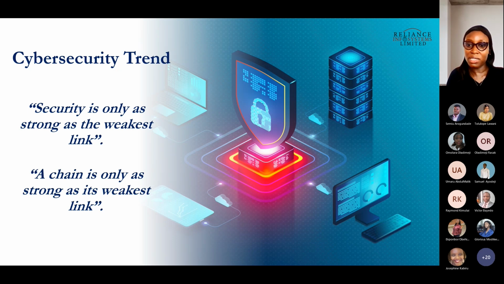So first of all, we want to consider the adoption of new technologies and devices such as IoT devices, Internet of Things. We know that when there are new things, there are new challenges. So every new technology, every new trend, every new solution, every new package that ensures productivity will always come with its pros and its cons. So it is now left to us as administrators or as businesses to ensure that when those new technologies are introduced to the business, the workspace for the users, the users get the right awareness and they are well sensitized as to the use of those devices and not to abuse those technologies that have been put in place.